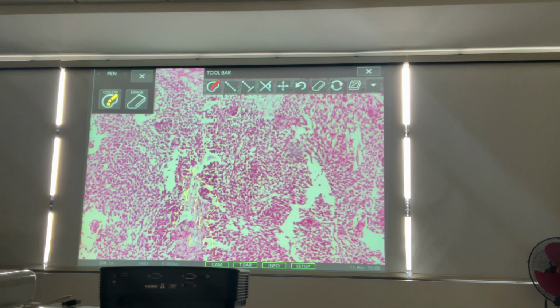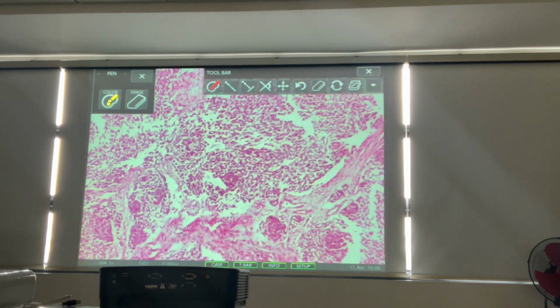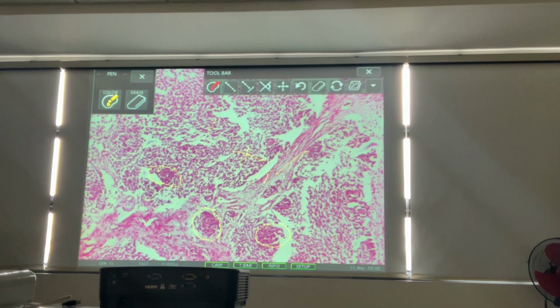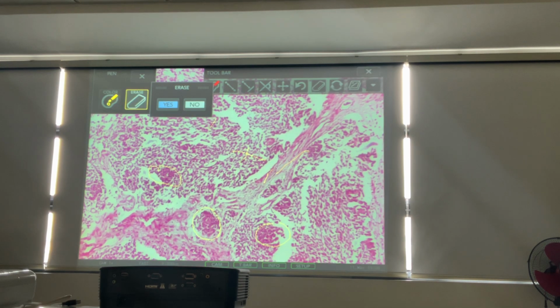Again, the volume of your blastema, your abortive tubules, and your spindle cells will vary from one tumor to another. This one just happens that there are more blastema cells as compared to the other cellular components. So again, your spindle cells, your blastema. These rounded structures are your glomeruloid bodies. Most often the glomeruloid bodies or your abortive tubules are located inside your blastemal cells.